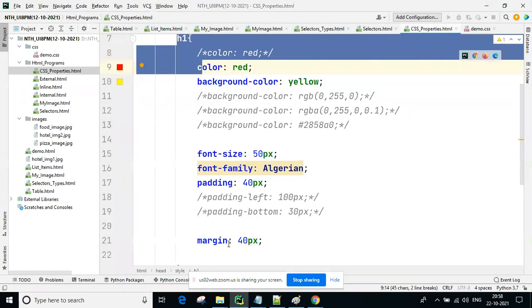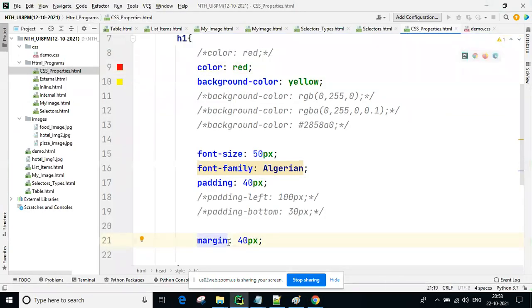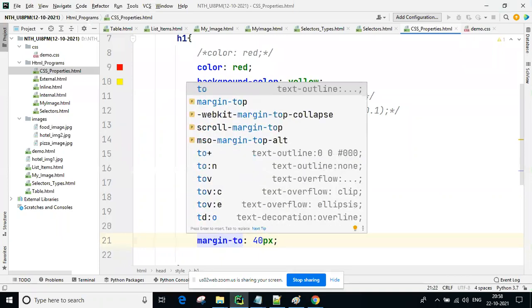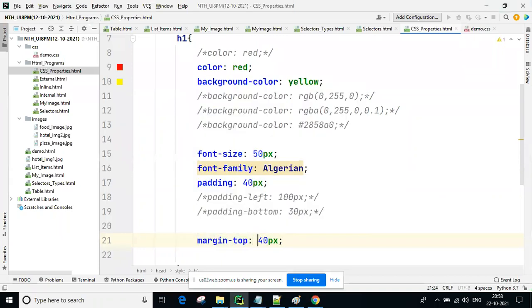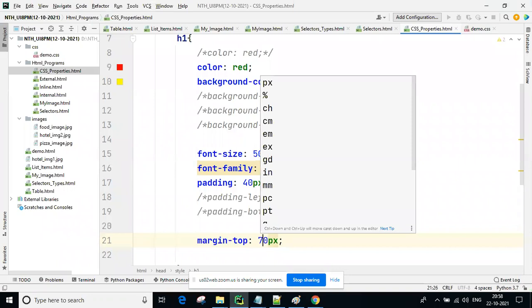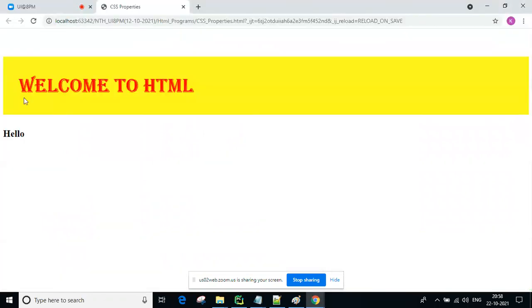I don't want all these sides, only the top side, for example 70 pixel. See, guys, here no space, here also no space; this is the default. Now only the top side you are getting 70 pixel space.